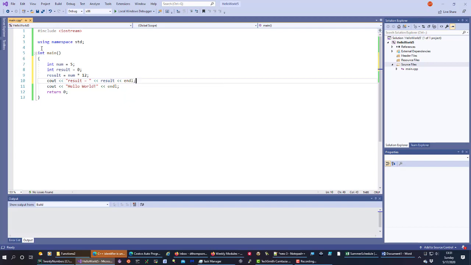Now I have some more code I added to my main function. I initialize a variable called num to 5. I initialize a variable called result to 0. I set the contents of result equal to num times 5. So after this line executes, I should have 60 in it. I print out result equals and what's currently in result, so hopefully that's 60, followed by an endl,